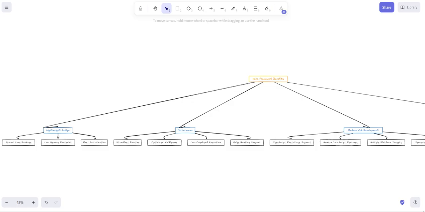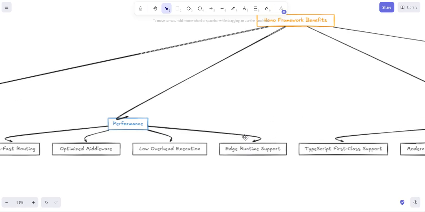Today we will be discussing the summary of the core benefits that Hono gives us. We'll be looking at its advantages, not so much disadvantages, but just its capabilities and its features. So as you know, Hono is a lightweight, ultra fast web framework that is designed for modern web development. It stands out from the crowd because of all of its core benefits and features. So let's look into